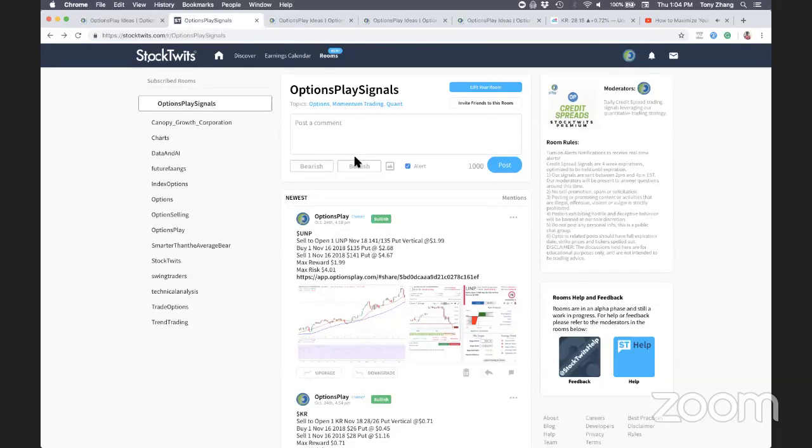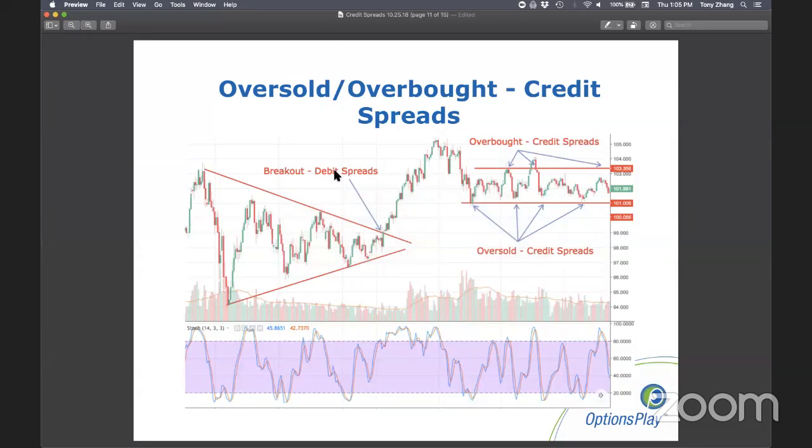Myron, I remember on one of your webinars, you mentioned that you prefer debit spreads. Did you change your mind? That's a really good question. I've always said historically on webinars in the past that debit spreads are my favorite strategy to trade. I haven't changed my mind on it, but there's value in credit spreads. The value of credit spreads is very different from the value of debit spreads. I think I illustrate this fairly well on this particular chart, because debit spreads are only useful when you expect a large directional move. And I stick by that. Whenever you have a directional move in your mind, I think you should always use debit spreads.